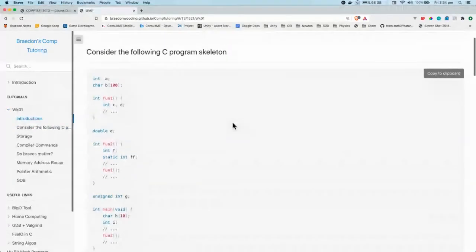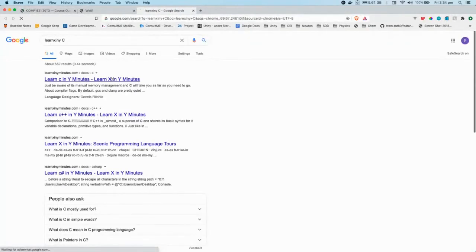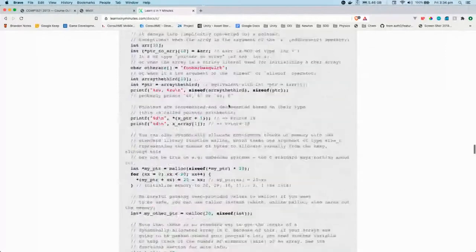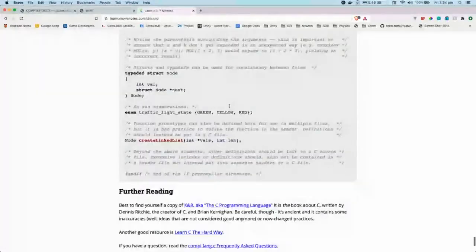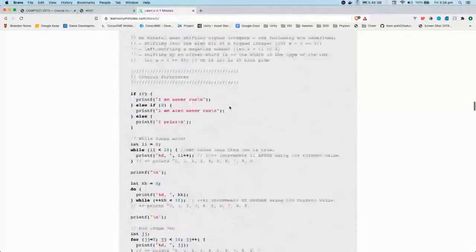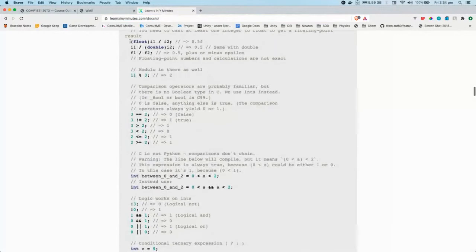So to begin with, hopefully some of you understand C to a decent degree. If you don't, definitely a good way to start would be this resource. This resource here is really, really nice. The reason why is because it's basically just one big source code file, which means that you can run basically everything here. And not only that, it basically tells you everything you need to know about it. And there's some stuff here that's not necessarily that important, but there's some stuff here that's really awesome, such as